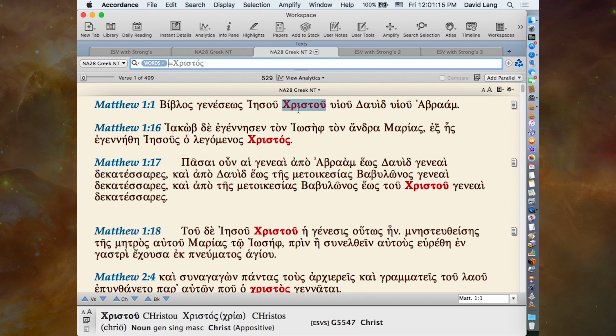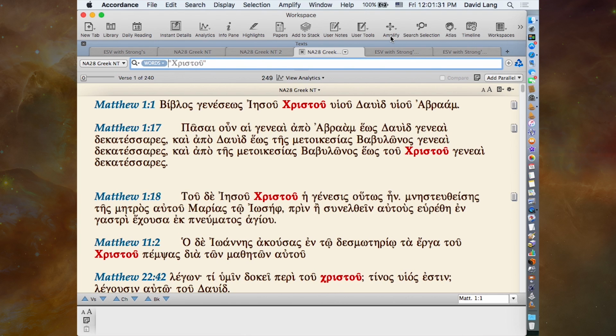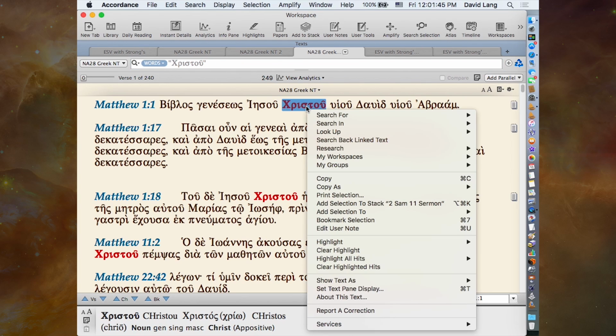If, however, I want to find a particular inflection, I want to just search for Christou, I can select it and Option or Alt amplify. And that will set up my search to just find that particular form. Okay, so the option amplify will look for whatever the secondary kind of information is. And again, if I can't remember that, control or right click on a Greek word and you'll see the option to search for the lexeme or the inflected form or the root or the tag. Okay,